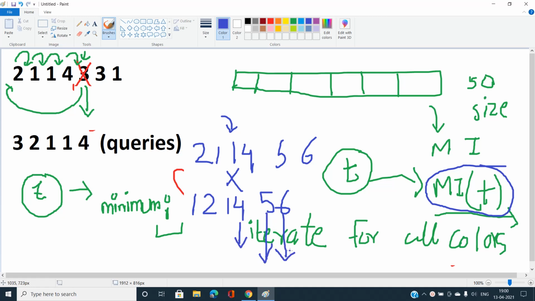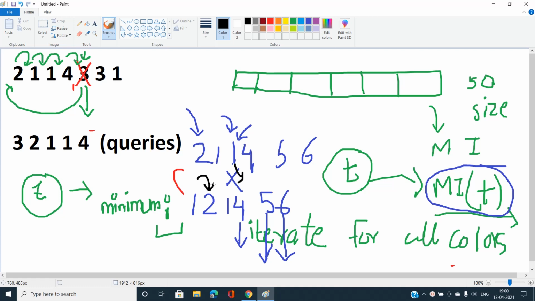So I just need to iterate through all the colors and check if the minimum index of a particular color is less than the minimum index of this one, then increment its index by one. Here you can see 2's minimum index is less than 1's minimum index, so I increment its position. Here 2 was at the top of the deck, and now it has become the second element of the deck. Similarly I can do for the others.